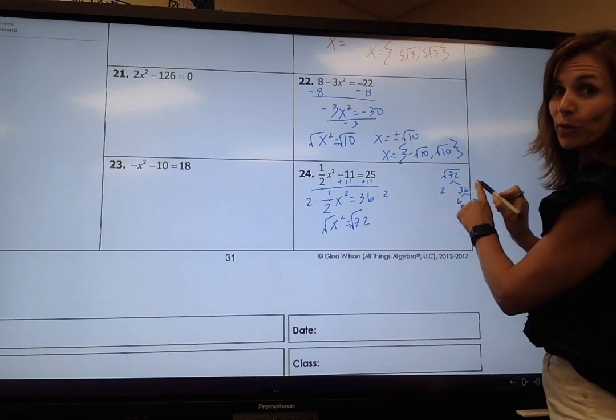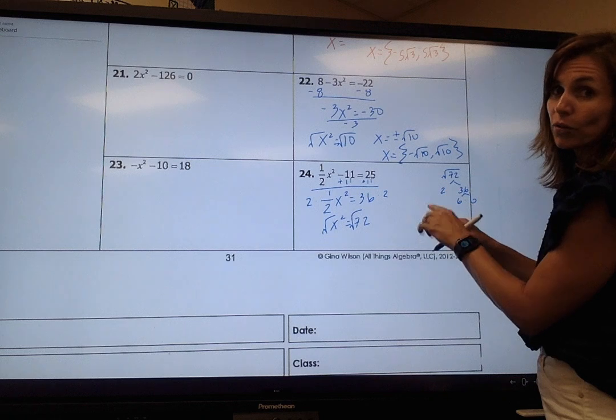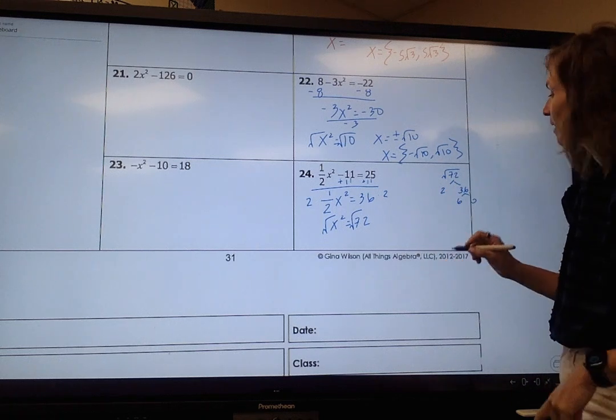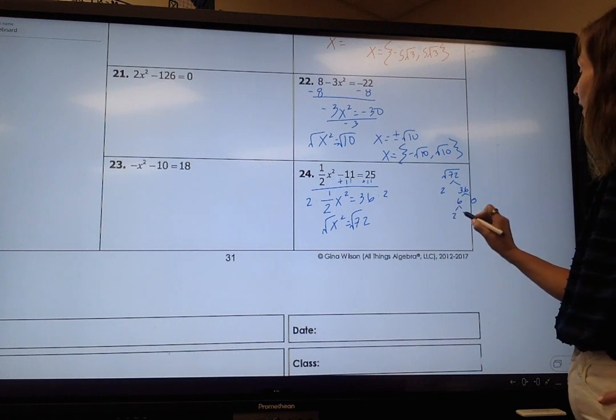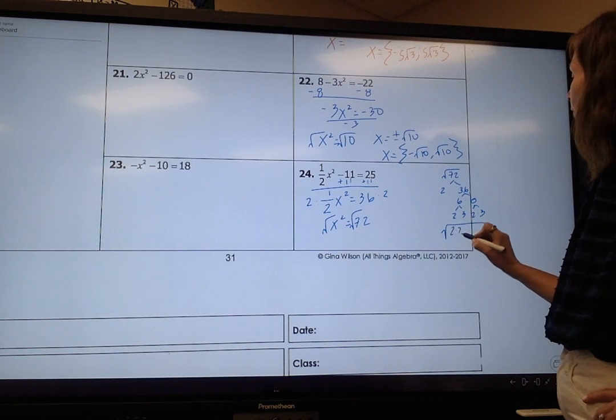So last year, remember, if you recognize it's a perfect square, that's great. Your answer would be 6 square root of 2. But let's say we don't recognize that. That's okay. Keep breaking it down. 2 times 3, 2 times 3. So underneath that square root,